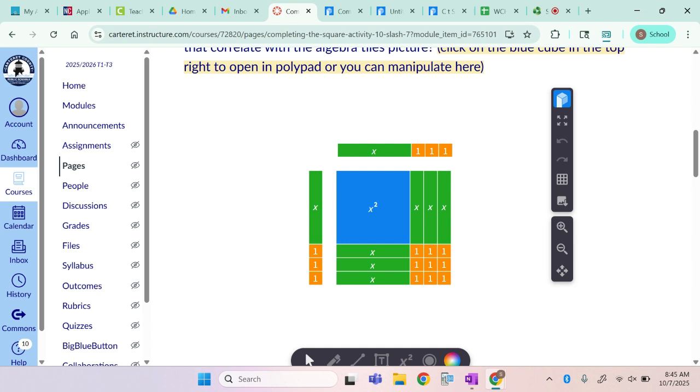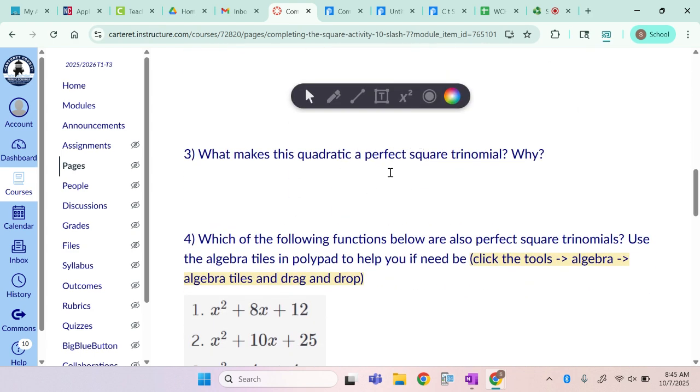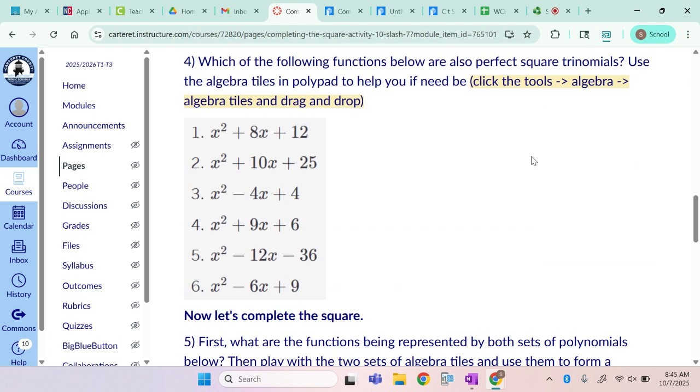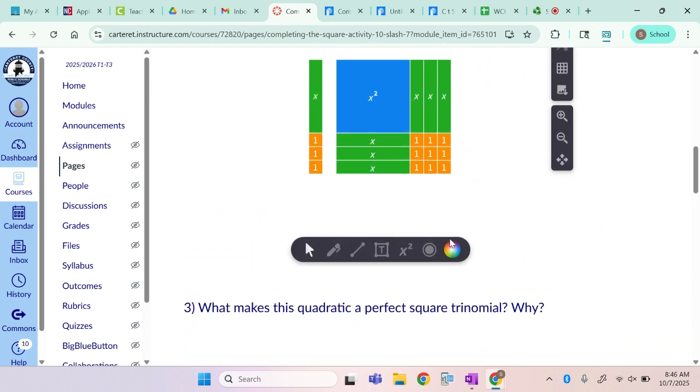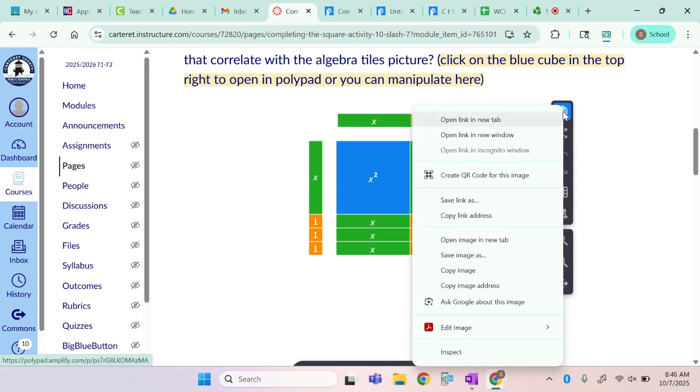So, what I want y'all to do next is, on your paper with your proof, we are going to look through all of the functions listed below, and you can answer number 3, what makes a quadratic a perfect square trinomial, because we already answered that together. But what I want you guys to do is, of all 6 of these, figure out which ones are considered perfect square trinomials. Now, a way that you can use this is that you can also do this with the algebra tiles. So what you can do is, if you hit this blue thing and open link in the new tab,